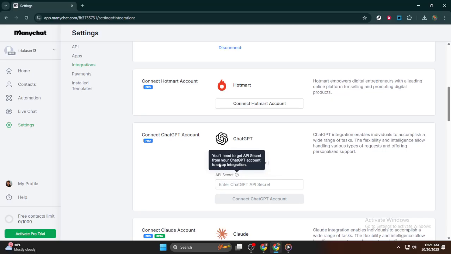And finally, we reach the integration crux, pasting your ChatGPT API details. In the field provided under the API secret section, carefully paste your ChatGPT API information. This is where your connection is established, allowing your ManyChat application to interact with ChatGPT. This simple act of pasting your details bridges the two platforms and activates the capability for dynamic and intelligent conversational